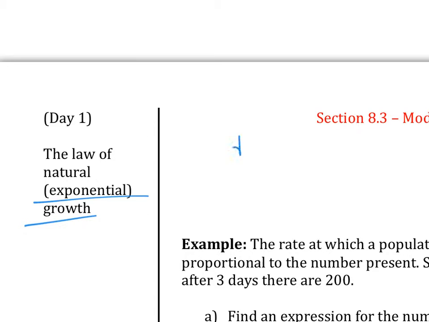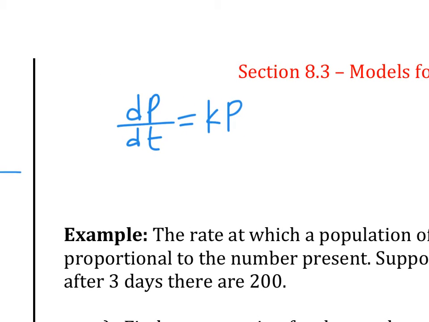So they're going to say that this rate of growth is proportional to the original population. When they say something like the rate is proportional, proportional means you're multiplying by a constant. And then they say proportional to the population, meaning that whatever the population was, as time goes on, it grows or decreases, but it is proportional to the population. All right, so we're going to solve this